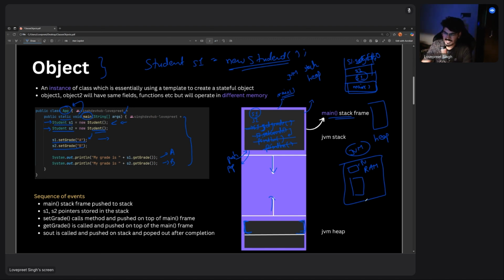So here you can just read that in the main stack, first the main frame will be pushed to the stack, and S1 S2 pointers will get created. Then set grade calls a method and it is pushed on top of the main frame. Then get grade is called and pushed too, meaning whatever is going on in the stack after heap allocation. But the thing is, now your main program exited after this println function, everything is popped out, S1 S2 everything is done, but this memory in the heap is still there,